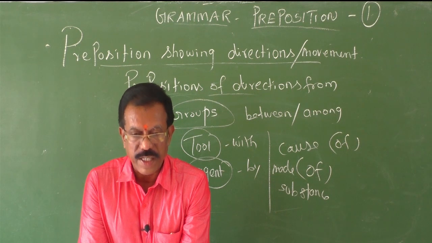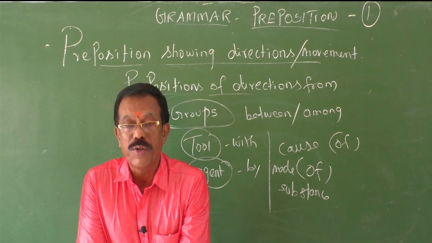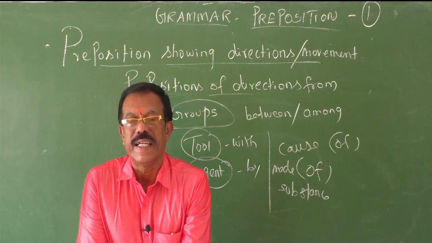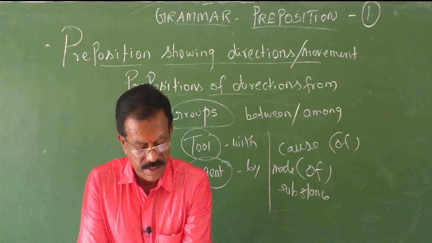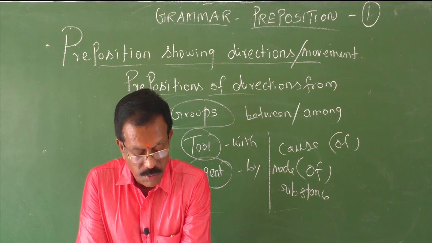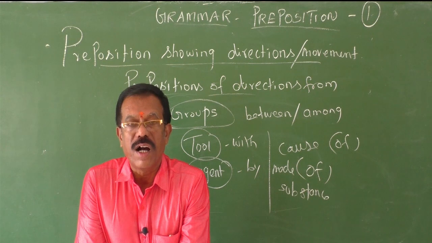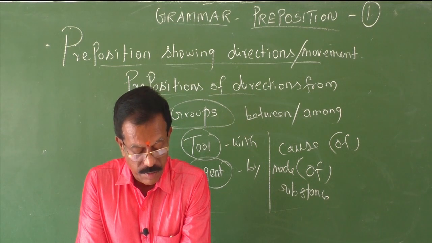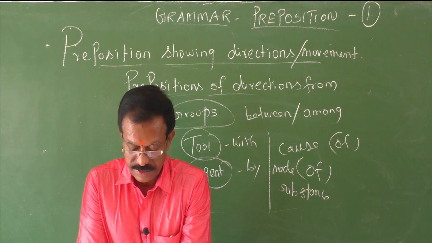So you should know the difference. From means starting point of departure. And out of means from the interior. Of means from the surface. Into denotes movement towards the interior. At means the idea of hitting. For means beginning of a movement. Against shows pressure or conduct.